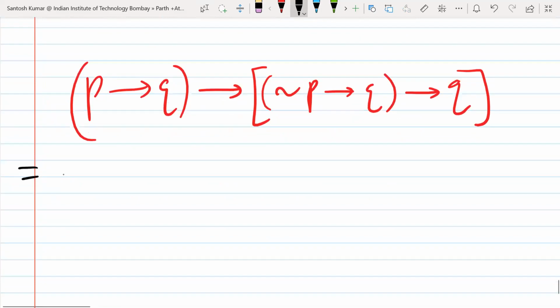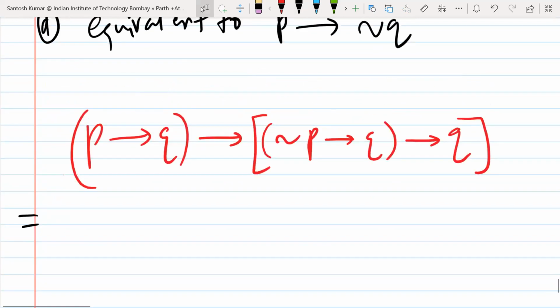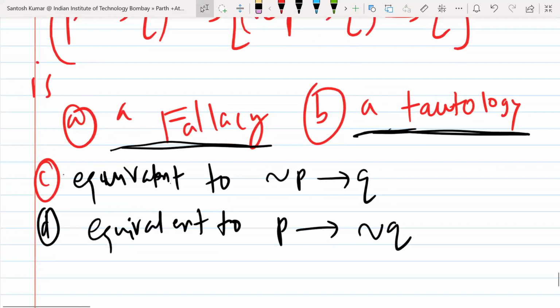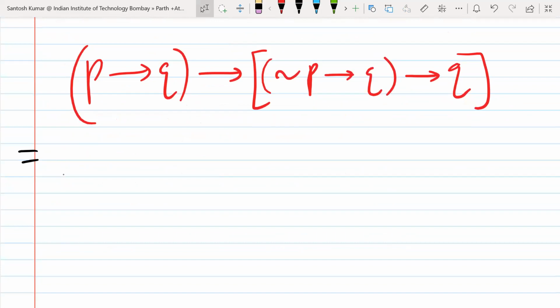And a truth table will also make it easy because for a tautology, you will always get true, true, true, and not false. So I will do both ways, and let's see which one is easier. So first you open this implies, okay? You can open every one, so first you open this.